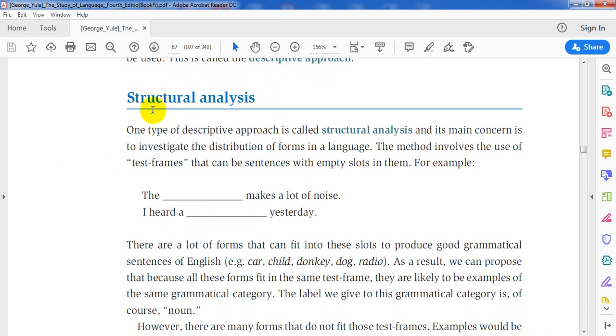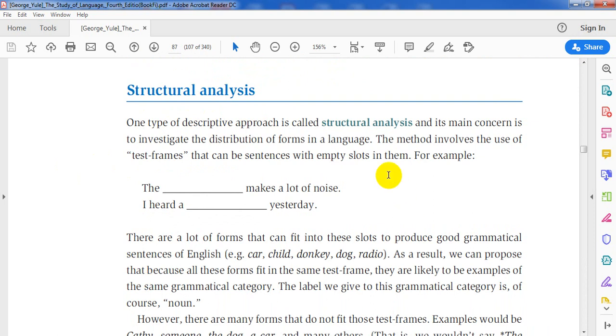As we can see here, the main idea of the structural analysis is that we have an acceptable sentence or acceptable sentences in English, and we will try to see what the components of those sentences are, according to the use of the people. So we have some examples. For example, this acceptable sentence in English, and we leave a space here for some other constituents,